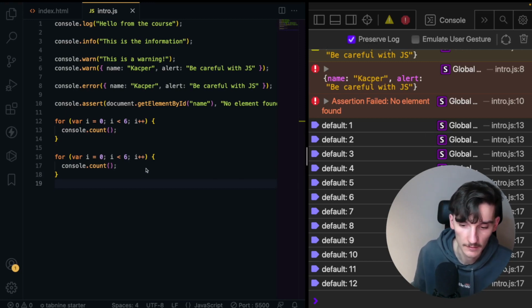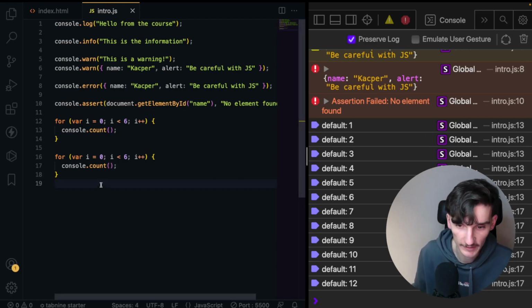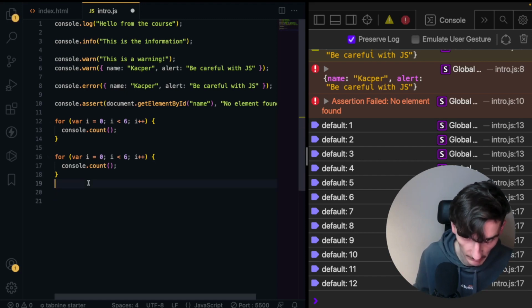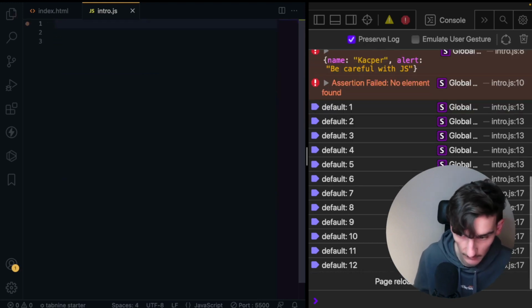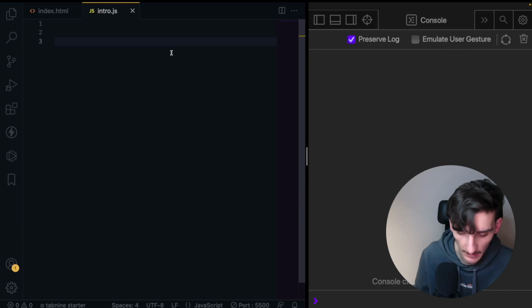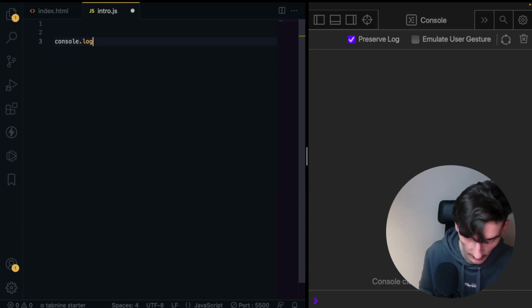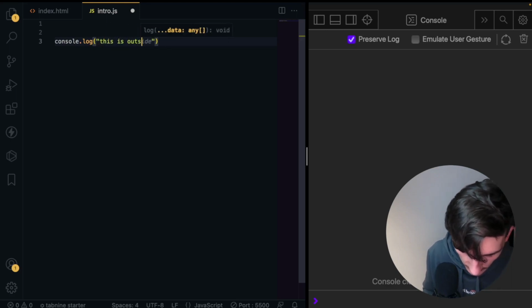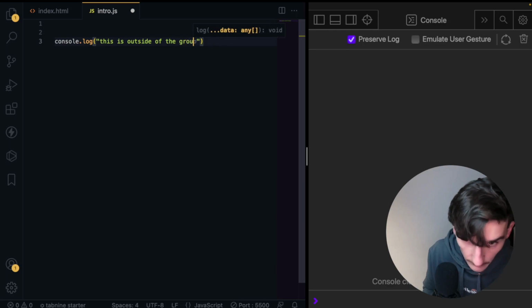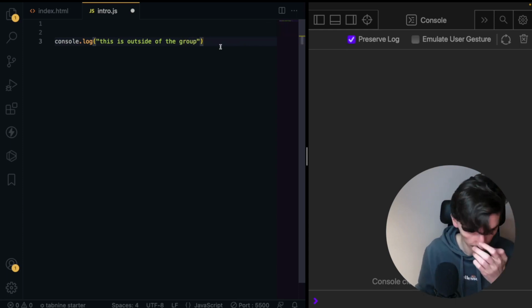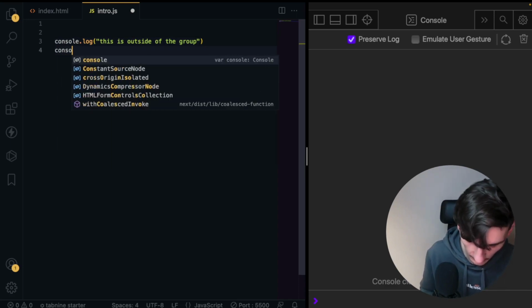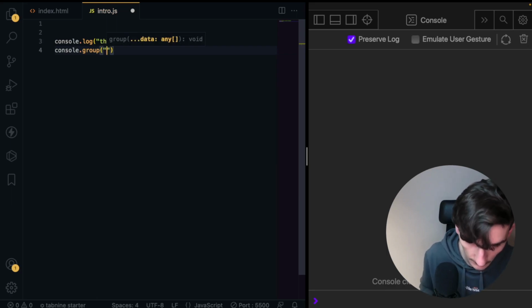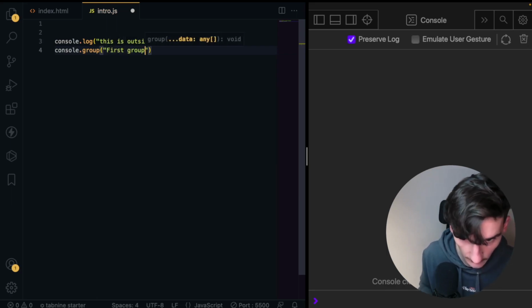Other methods are console.group and groupEnd. So I can just make a grouping of the console logs. For example, maybe I will delete all of these logs, clear the console, and go for that. So I will make a console.log, this is outside of the group. Then console.group, first group,